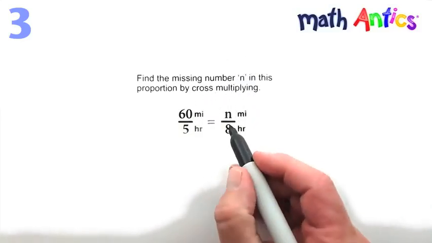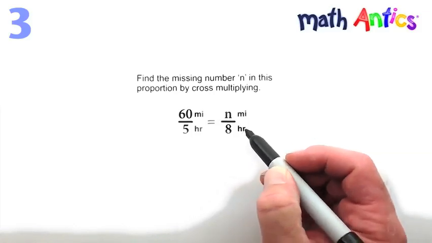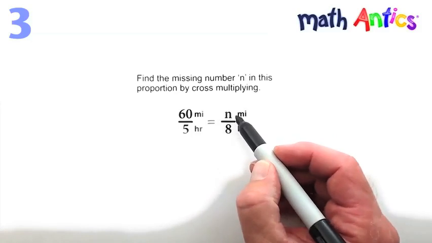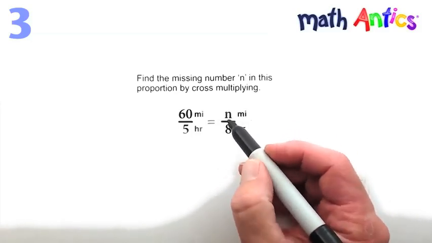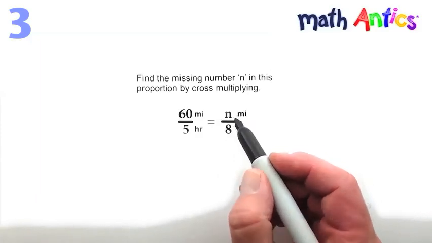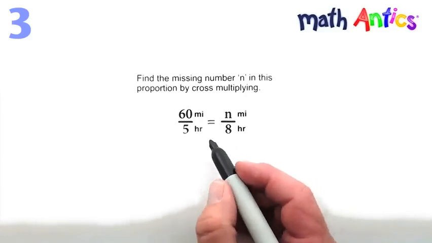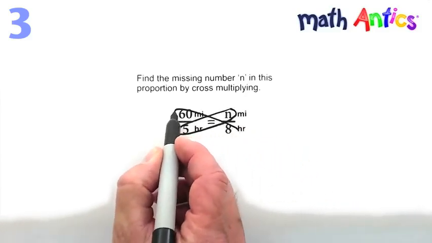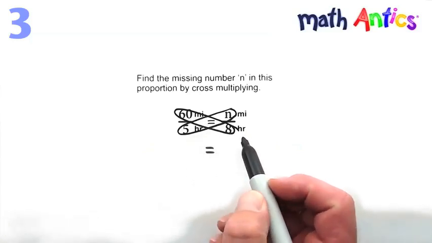And when we do our cross multiplying, we're going to just ignore the units while we cross multiply. We're going to remember that when we find our missing number n, its units are going to be miles here. This looks like miles and hours. So n's units are going to be miles. But while we're doing the cross multiplying, we're going to ignore the units. We're going to draw our cross shape here. And that will help us get our rearranged equation here, but we're not going to put the units on until